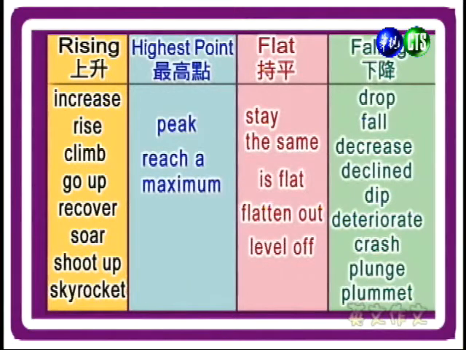It's not going up or down. 好，那第3个栏位表示的呢，是当你的资料呈现一种持平的状态，没有升高也没有下降。And then the last category is for when your data is falling. 好，那最后一个栏位所表示的是当你的资料呈现下降的走势的时候，可以使用的字。